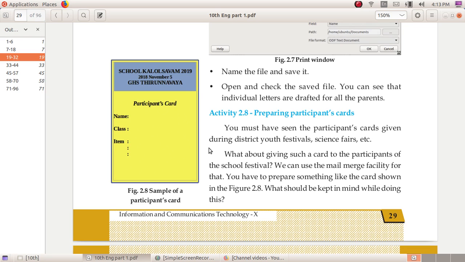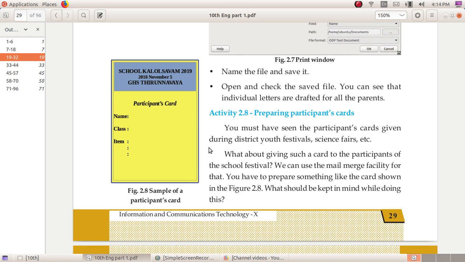First we have to create a format of the participant card in LibreOffice Writer. Then collect the data of students like name, class, and their items, and collect the database in your spreadsheet software LibreOffice Calc.